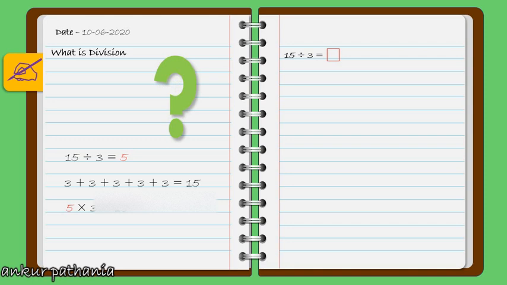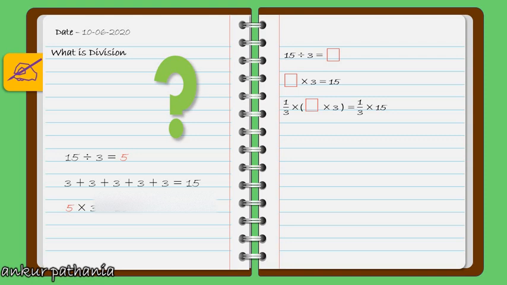Now again I am taking the same example, but here I am not writing the value. Instead I am leaving that space empty and a box is there, you can see. Now 15 divided by 3 gives something, and that same something, when we multiply it by 3, gives 15. Now I am multiplying the second equation by 1 by 3, and I have multiplied 1 by 3 to both sides of the equation because the equality of the equation is to be maintained.